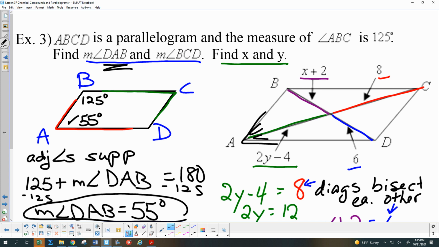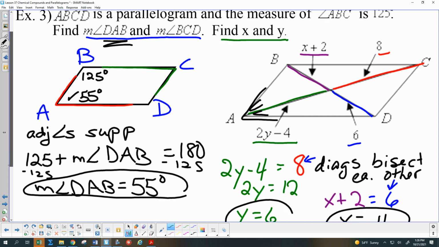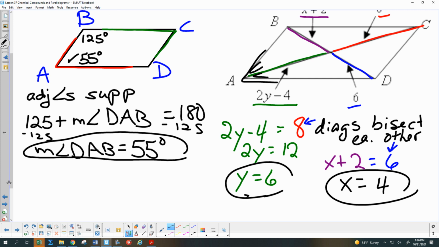Bob, how can we find C? You can do A equals C because of adjacent angles are supplementary. Adjacent would be B and C or C and D. A and C aren't adjacent. Opposite. They're opposite. So we can simply then say that the measure of angle, and I'll get all three letters